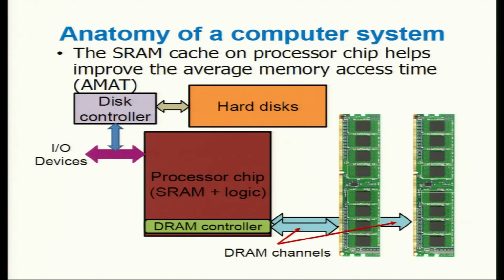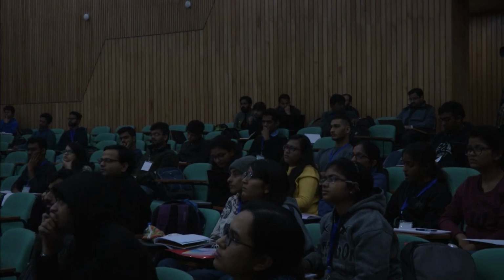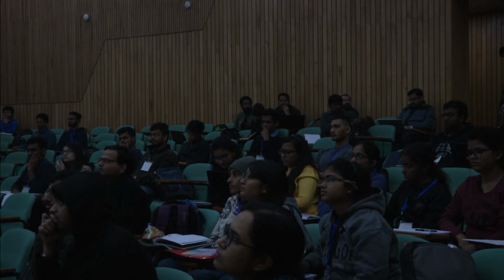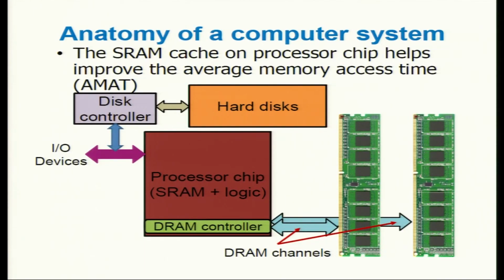So this is what a typical computer today looks like. This is our processor, which is typically SRAM plus logic. What is SRAM? That is static random access memory. So this is again a type of memory technology. And SRAM is typically used for building registers, caches, and any type of memory on chip that you can think of. And this logic part essentially does the operations like your adders, subtractors, multipliers, dividers, and of course the sequencing logic that will actually walk through the instructions one by one. That's also part of the logic.